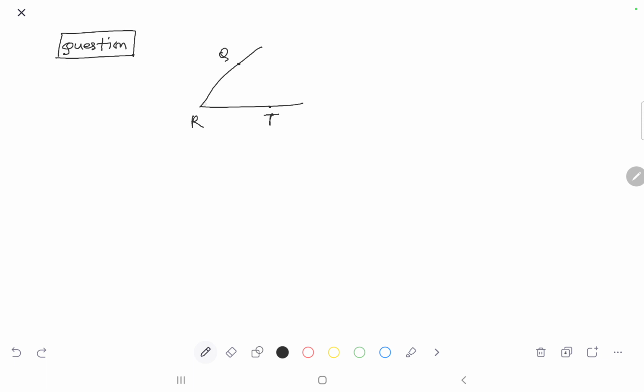This is the angle, okay? And you take the interior point S. The measure, where M means measure, we write M of angle QRS is 42 degrees. It is given. So QRS is 42 degrees. This is 42. Okay, Muhammad? Okay. Now they asked,